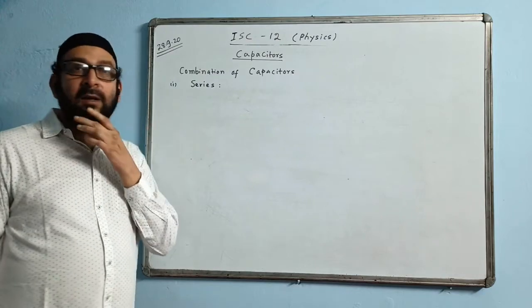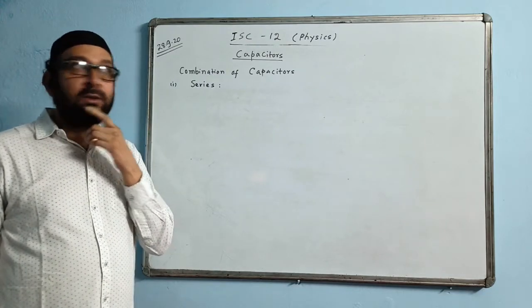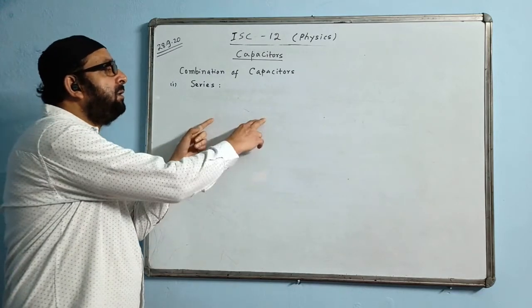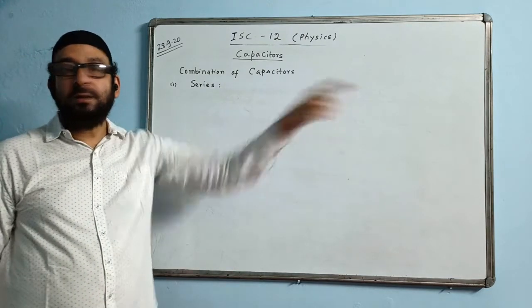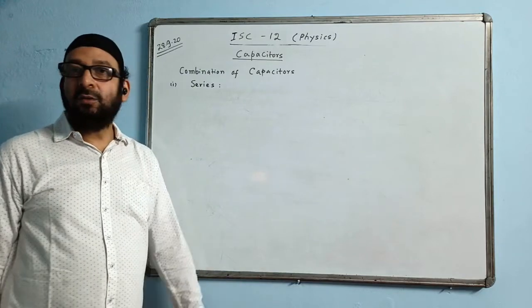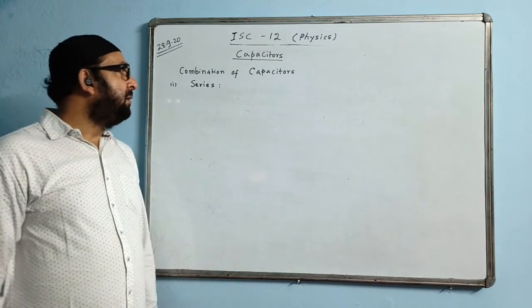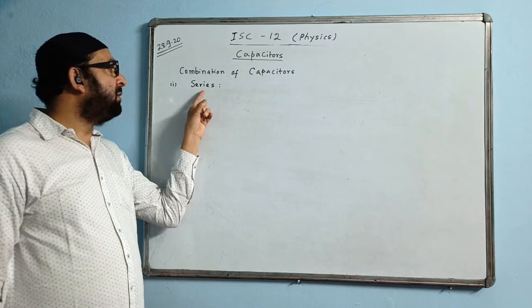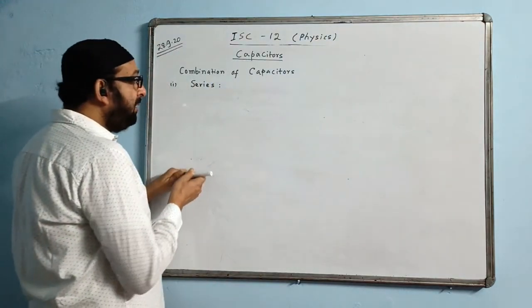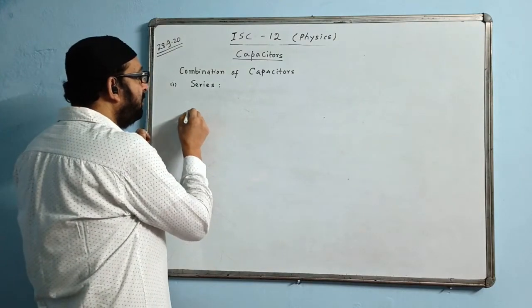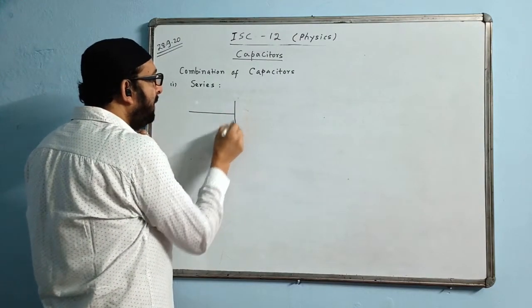First, I will show you the diagram of series combination. In series combination of resistance, what happened? One end is connected to the other end of another conductor, and so on like that. In the same line we are having, so that is called series combination. Similarly, we are having capacitors also connected in series in the same manner. So I show you the diagram. Diagram will carry 1 mark. So you must know the diagram well.